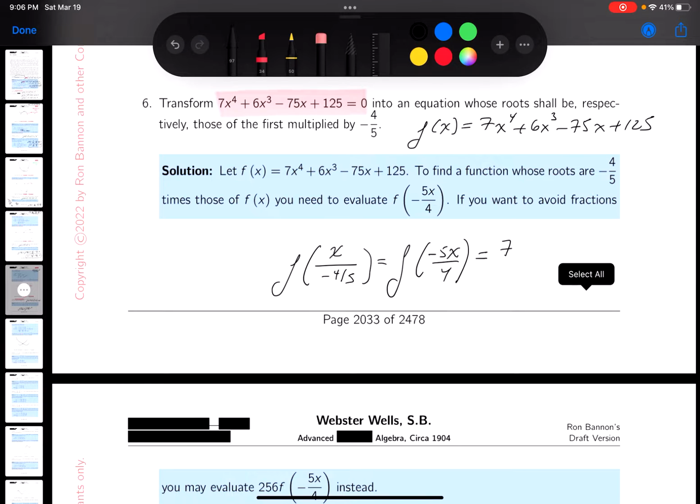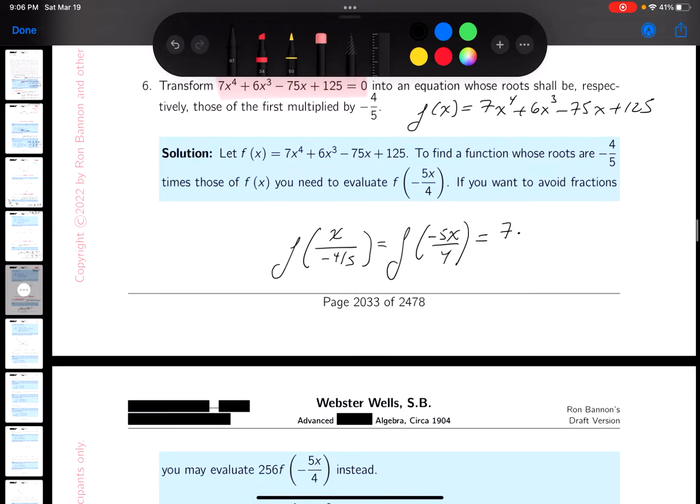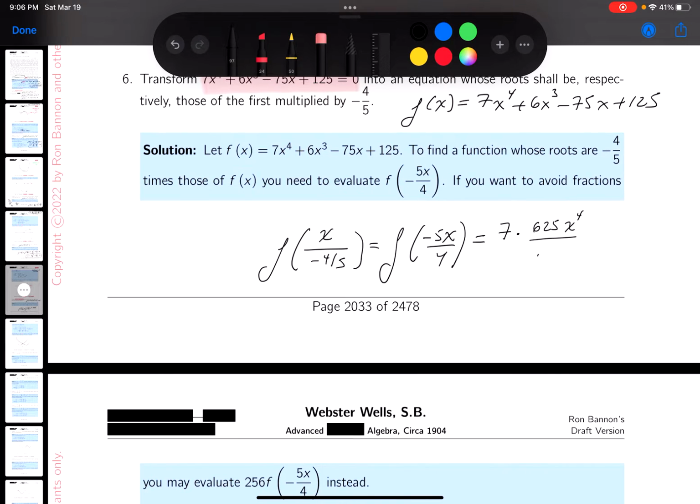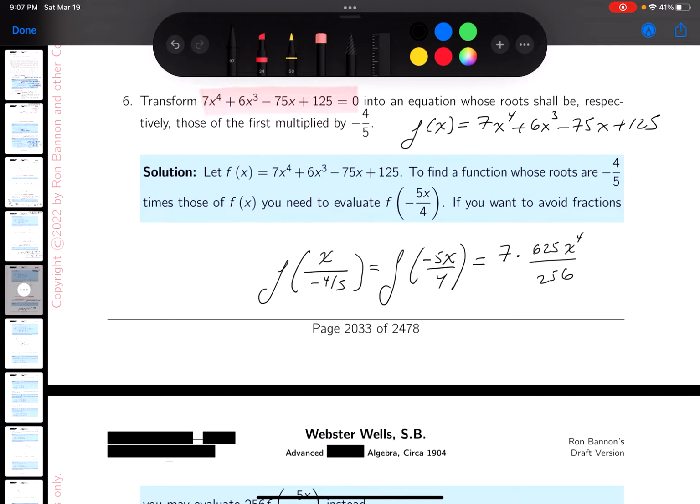7, and I got to raise that to the 4th power. Well, that's going to be 625 x to the 4th power over 4 to the 4th power. Well, that's going to be 2 to the 8th. 2 times 2 is 4, 8, 16, 32, 64, 128, 256. I'll simplify that later. And then it's going to be minus 6,